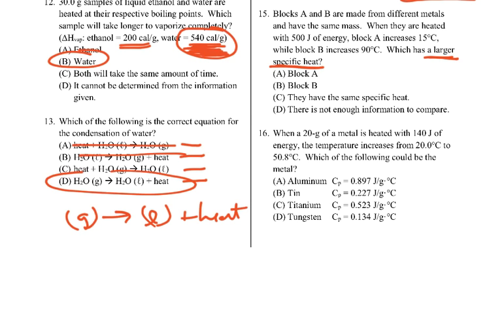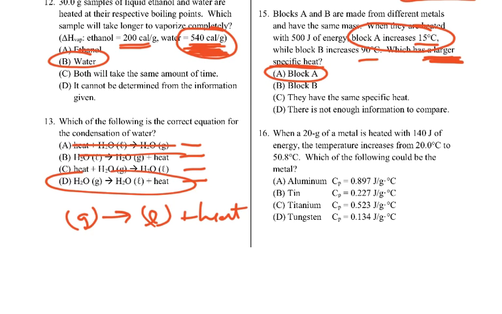So everything's the same. Block A goes up 15 degrees, block B goes up 90. Who's resisting change in temperature? Block A. Block A is resisting change in temperature, so that has a larger specific heat. So look and see, what are they asking? Are they asking for large specific heat, small specific heat, or whatever? So it's block A. When a 20-gram sample is heated with 140 joules of energy, the temperature increases from 20